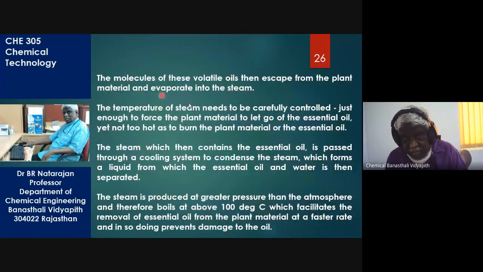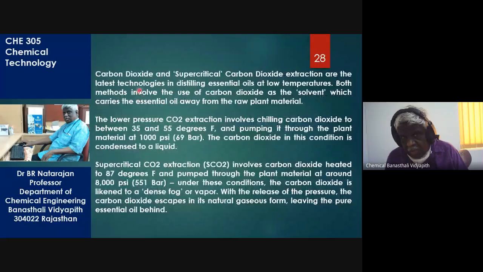Now lately, carbon dioxide and supercritical carbon dioxide extraction are best done. Traditionally, it has been steam distillation, but now there is a switch over to carbon dioxide and supercritical carbon dioxide, which are both latest technologies in distilling essential oils at low temperatures. Both methods involve use of carbon dioxide as a solvent, which carries the essential oil away from the